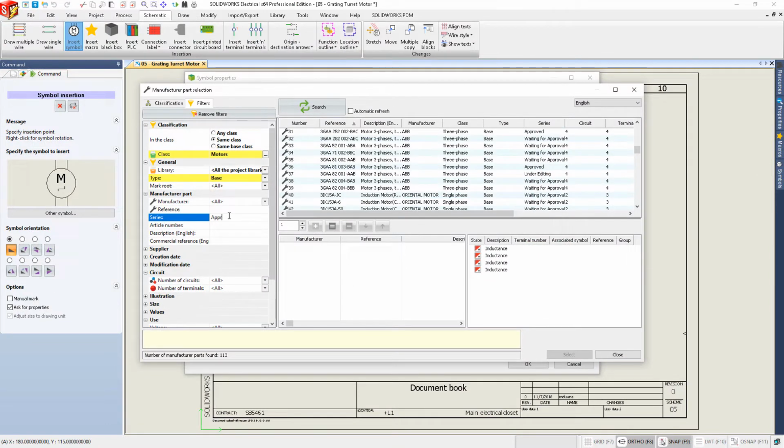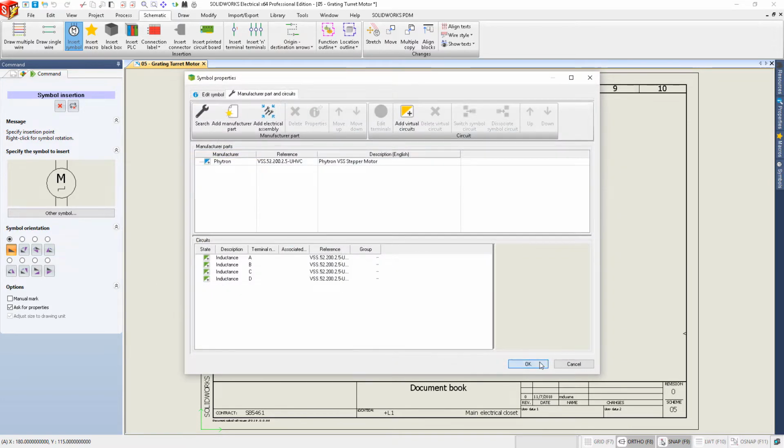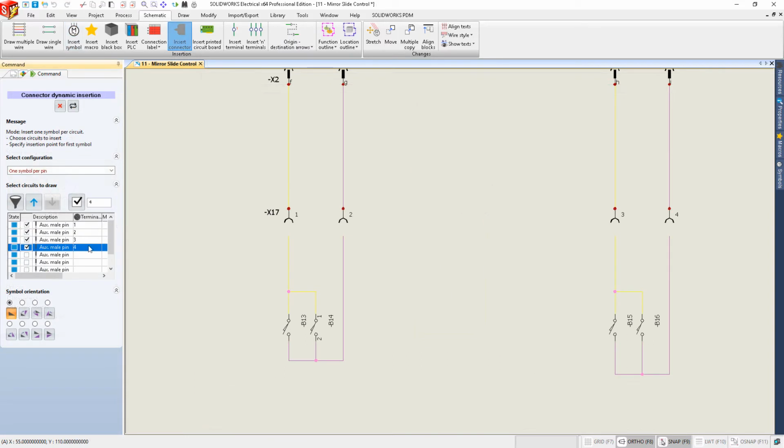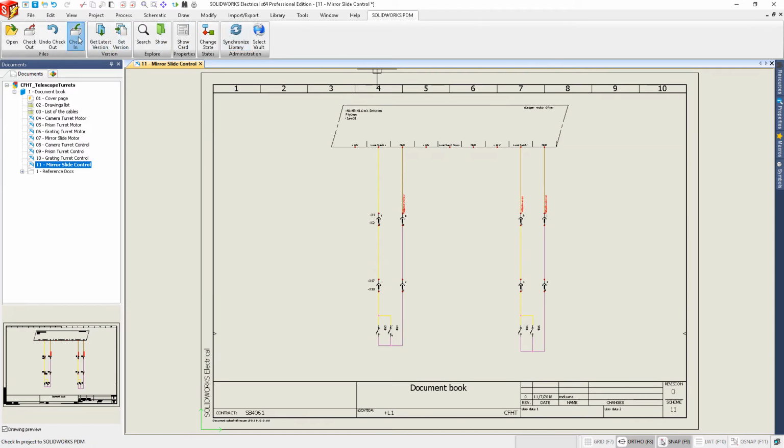Working in parallel, your electrical design team can use SOLIDWORKS PDM to manage and synchronize SOLIDWORKS Electrical product information such as schematics, bills of materials, plus in-house and supplier parts libraries. By facilitating more efficient collaboration between your mechanical and electrical design teams, overall project timescales are reduced and product quality